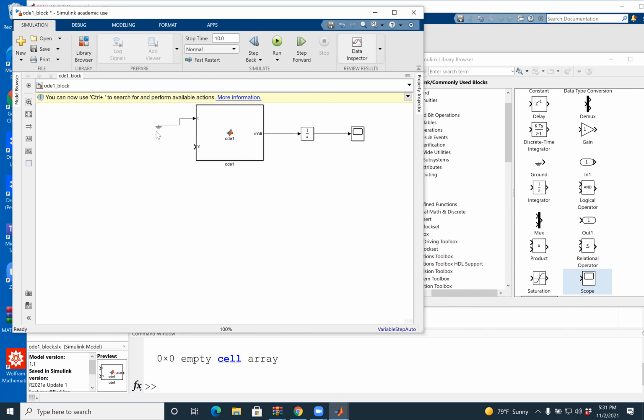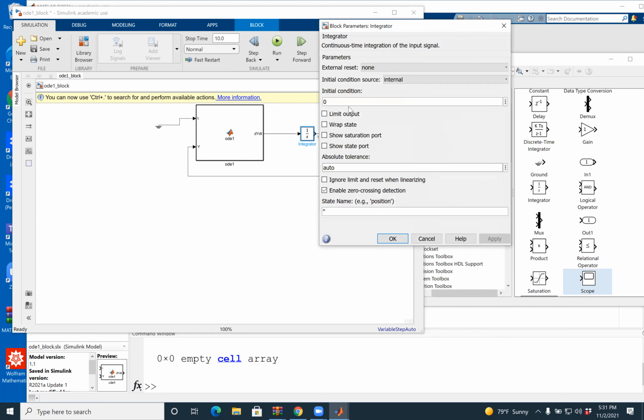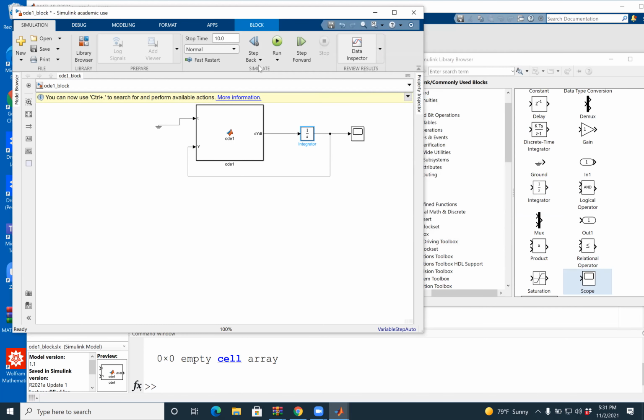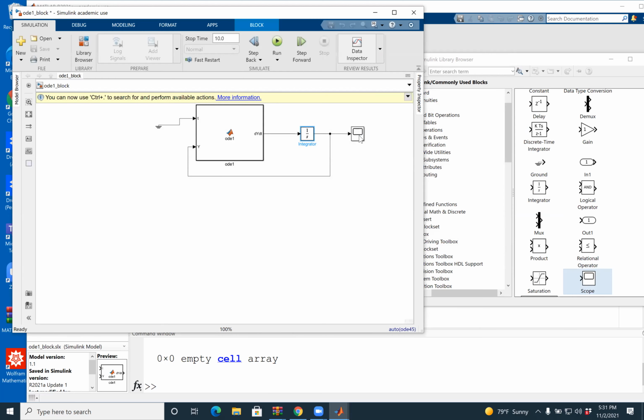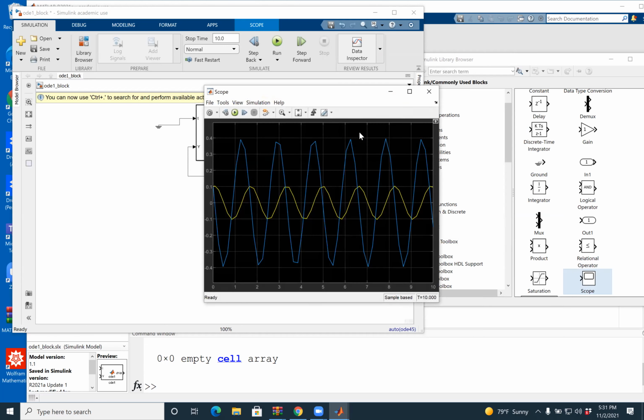And then actually take this Y and feed it from the integrated signal. Go to integrator and supply the initial conditions. And then when you run, MATLAB will do the real-time compilation, and then it will generate the plots. So if you double click on scope block, it will give you the plots.